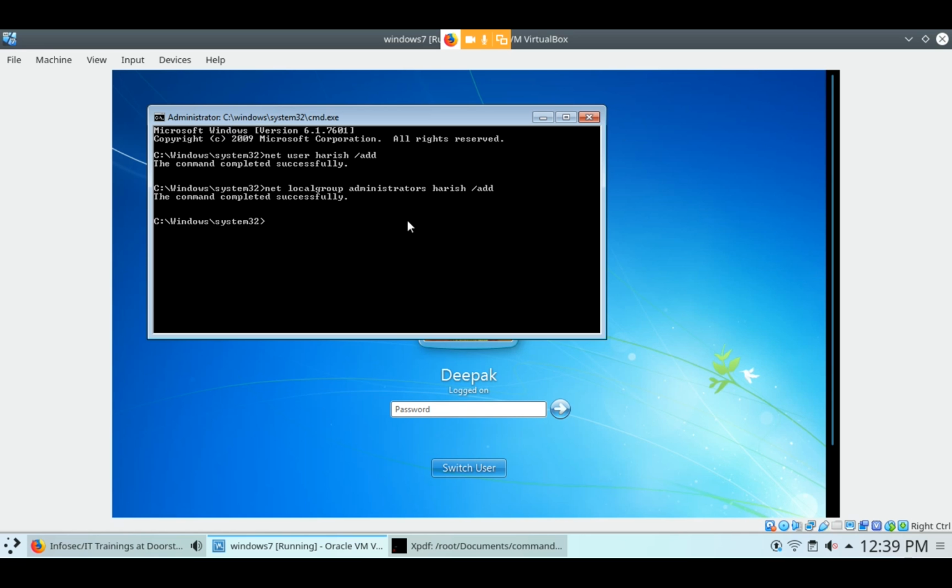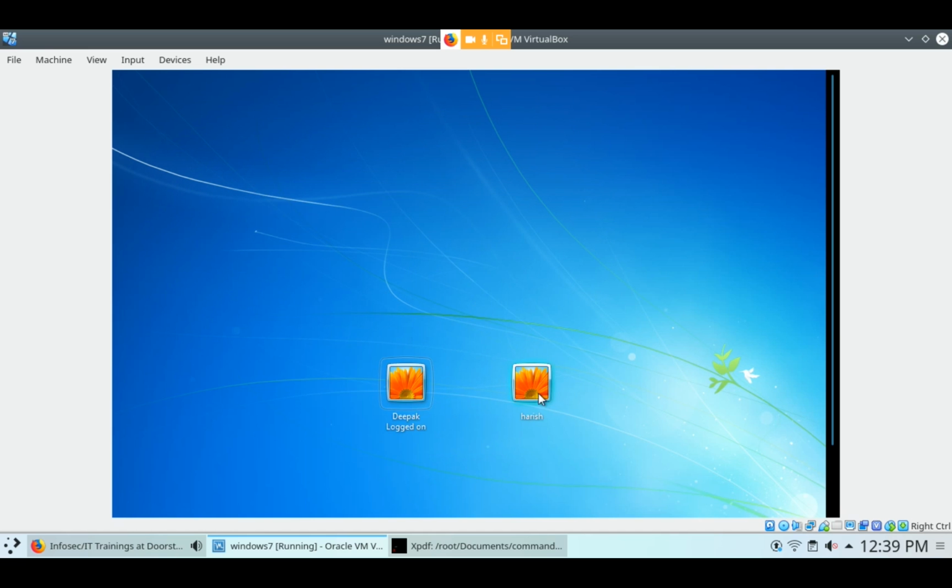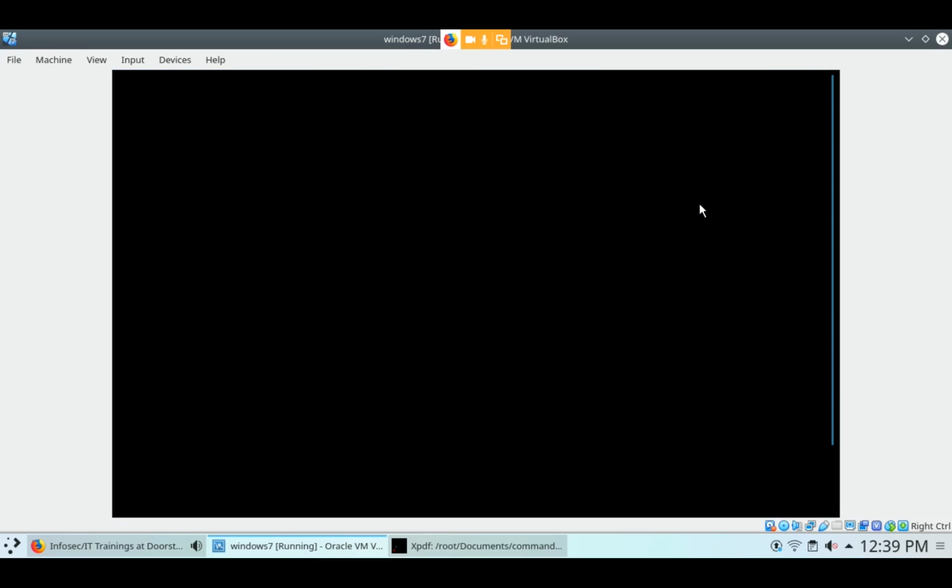Okay, now close this and switch user and go to Harish. And here Harish, I didn't set any password for Harish, and Harish will open with administrator privilege. Okay, you can check anything. You can change anything.